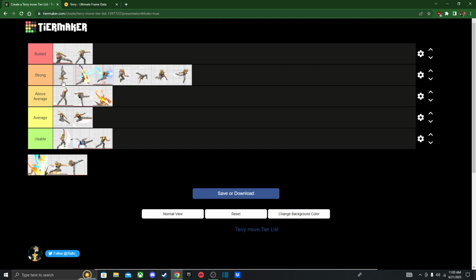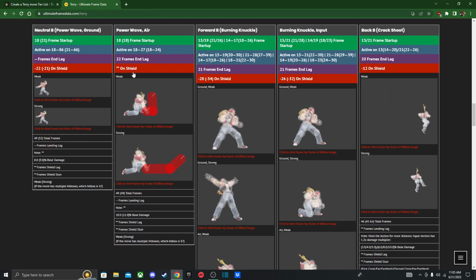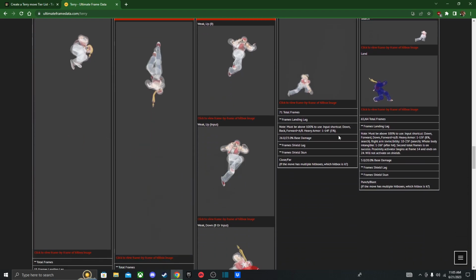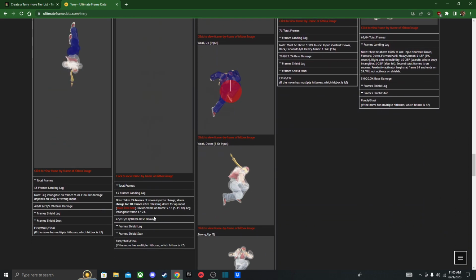It doesn't make sense, but that's how you do it. It is stronger, and I think you also go a little further. And I believe you also have invincibility frames. So let me see here. Not sure if it's going to show here. I think either way you have